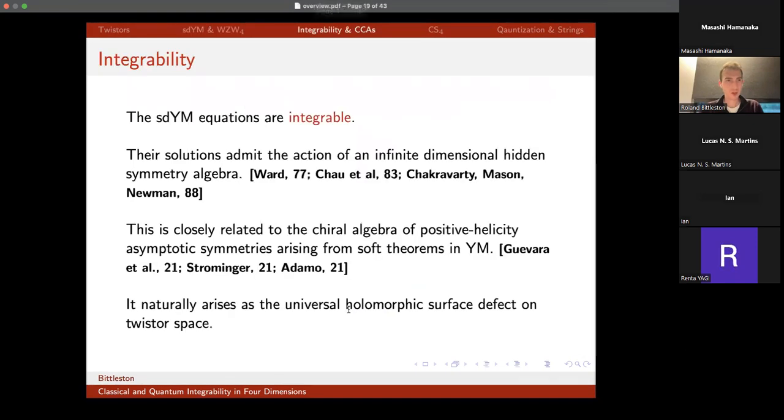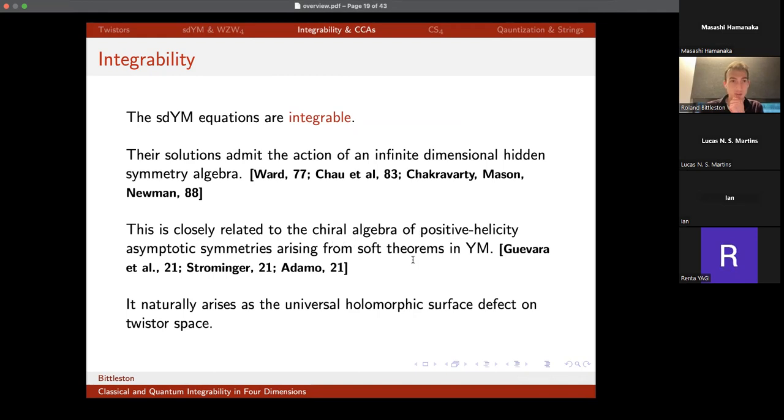Super. Okay, so these are our two examples of 4D theories. And what I've showed so far is that they've got a twistor formulation. And I claim that this means that they're really integrable theories in 4 dimensions. So what do I mean by that? Well, I really mean that their solutions admit the action of an infinite dimensional hidden symmetry algebra. And it turns out that this infinite dimensional hidden symmetry algebra is actually the same algebra which you get by thinking about the